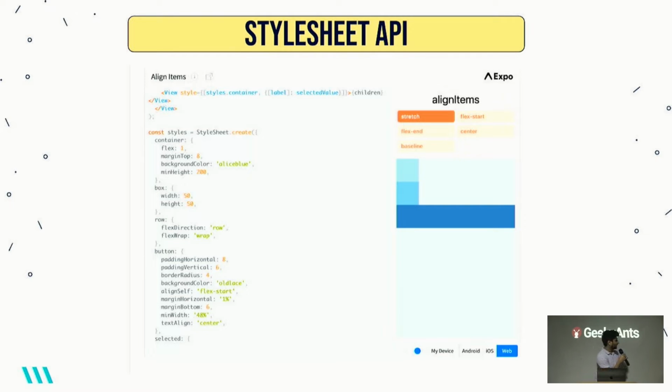So here we have a container where we have flex one, margin top 8, background blue, right? So this is a pain to write, as Rohit also mentioned, that as you scale, these objects become larger and larger, and it is very hard to find out which properties are involved in that